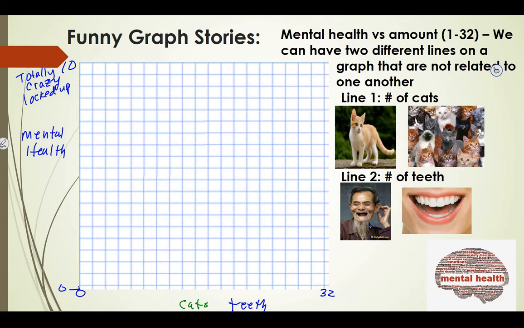Yes? So as she gains cats, she also loses teeth. I don't know. We're going to have two graphs on here, two different color graphs. So we're going to see what happens when they come together. Okay, so what did we decide here? You said boring, but mentally stable. Okay, stable. So most of us are somewhere here in the middle, right? Okay, so now,